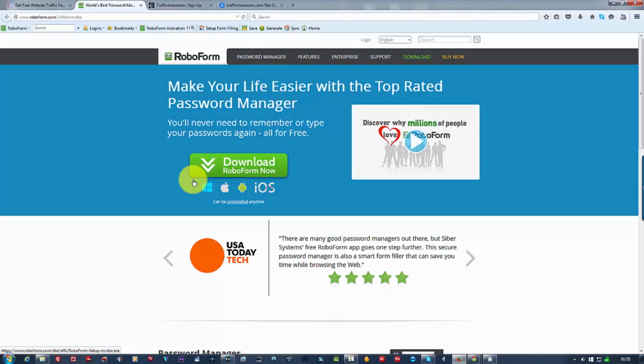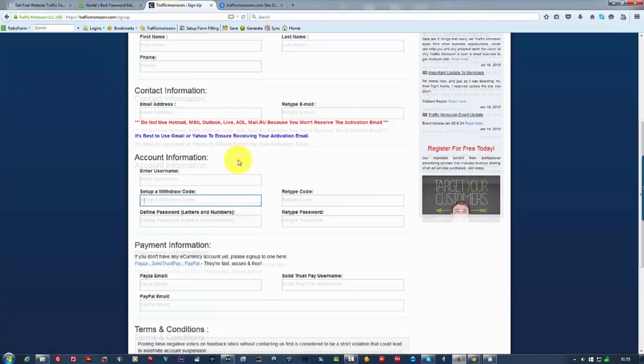You install it on all those devices. The system is completely safe. I've been using this for years, and it's safe. I think you can have up to 10 different passwords, for 10 different sites, on it for free, and after that you pay something like $9 a year. I'm a paid member and I pay for the system because it's safe. Another way to save your passwords is to use a USB or flash drive and keep them there. Okay, so let's go back to the Traffic Monsoon page once again, and we keep going down.